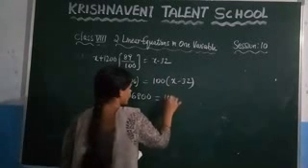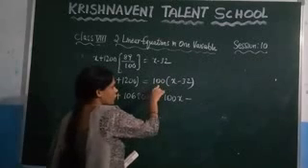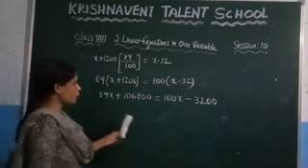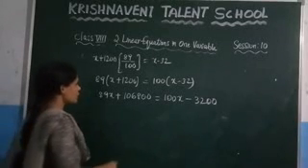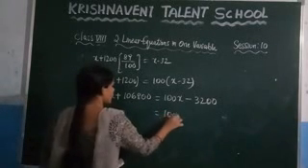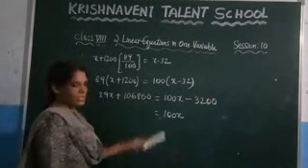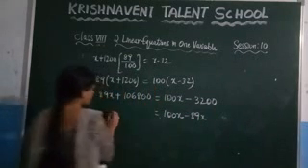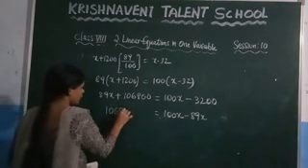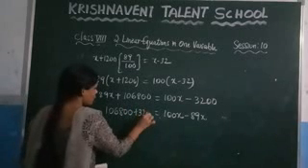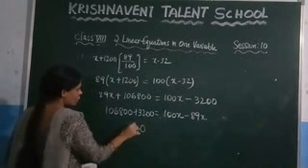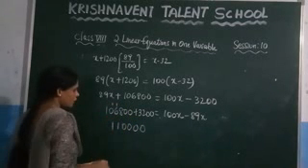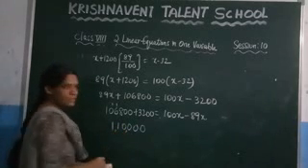100 into x, which is 100x, minus 32 into 100, which is 3200. Now take all the variables to one side and all the numbers to the other side. So what you will get here, 100x, take 89x to that side, it will become minus 89x. Now take 3200 to this side, it will become plus 3200. So what you will get here, 0, 0, 8 plus 2, which is 10, 6 plus 4, which is 10, 1. Here, what you got is 110000.